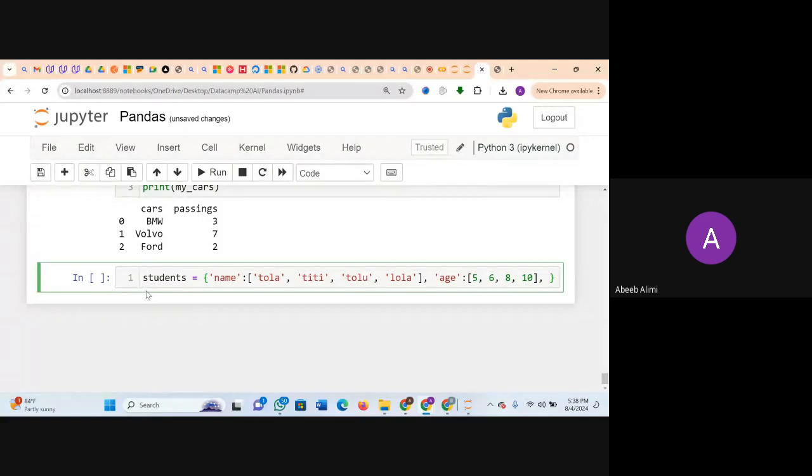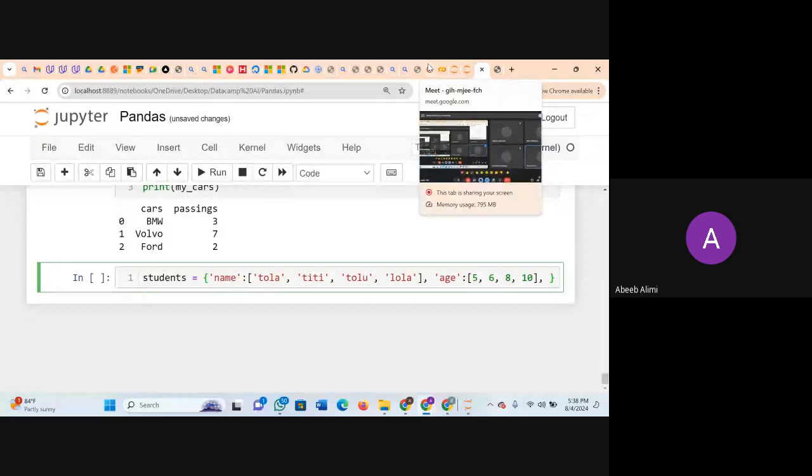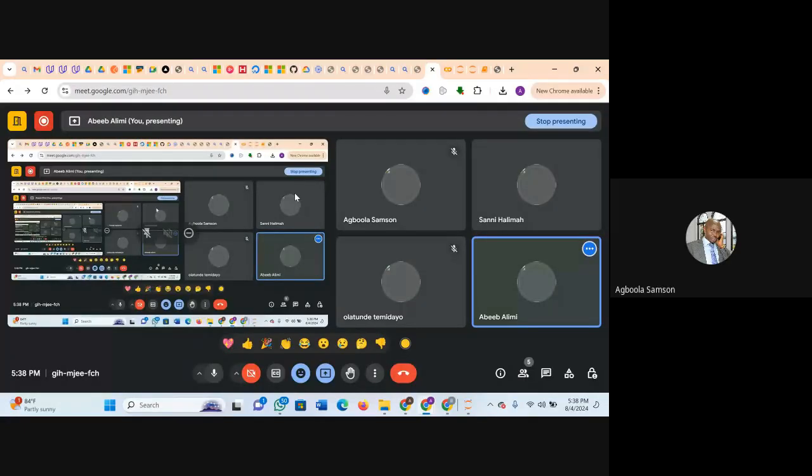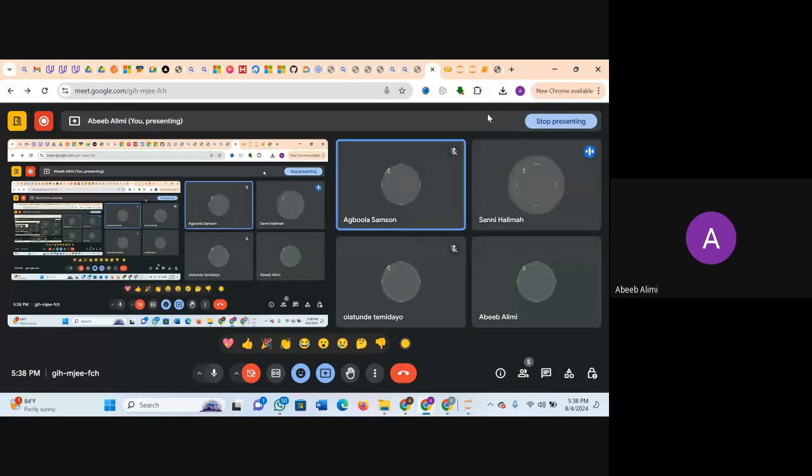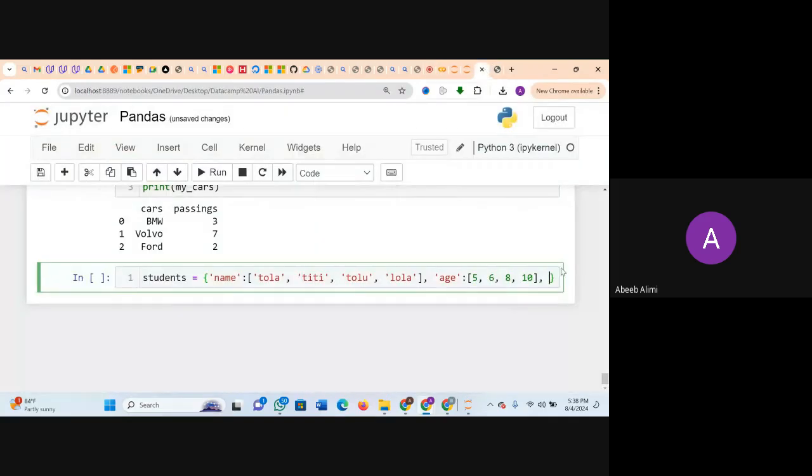The network is quite small, but what was the next thing to put here? Hello. Yes, I can hear you now. I can't see your screen again. Mr. Thompson, can you still see my screen? Yes. Let me rejoin. Yeah, please rejoin. So, Mr. Sampson, please help me to complete this data frame that we are creating.